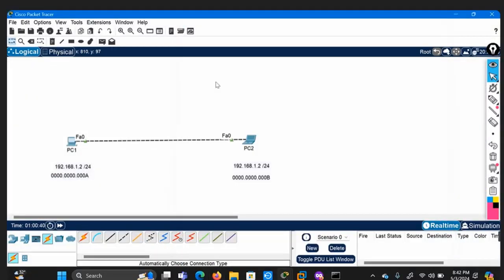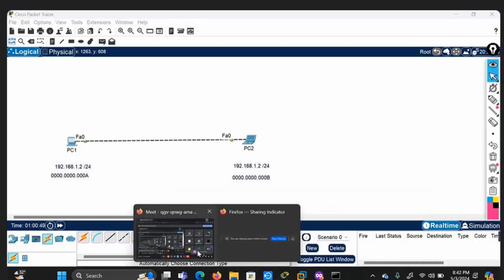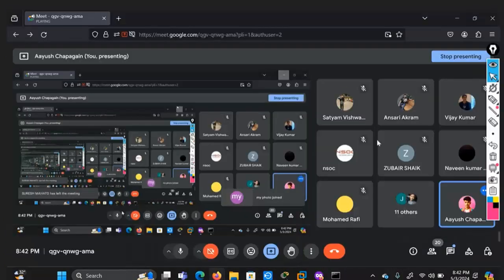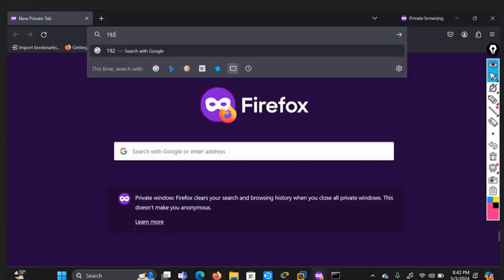So these are something like Cisco Packet Tracer, but I'm going to show you in live packet capturing, right? So a new private window. I'm opening my PNETLab or EVE-NG, okay? 192.168.241.128.